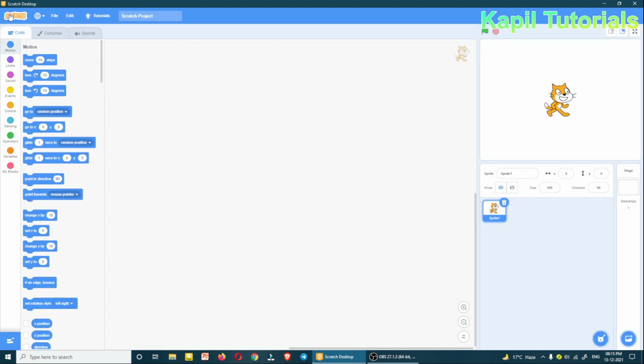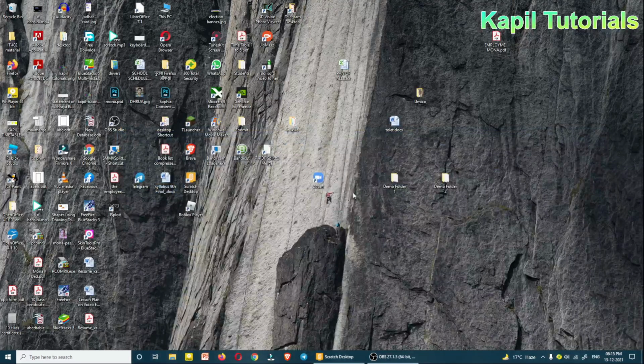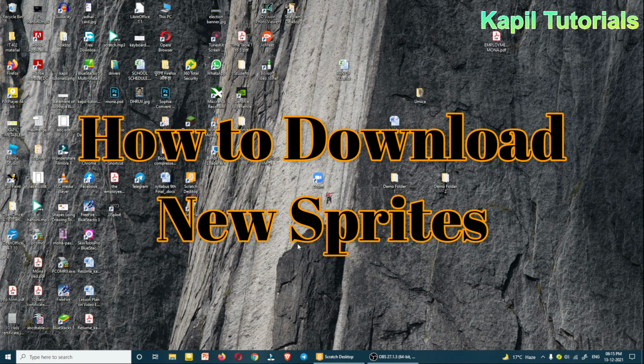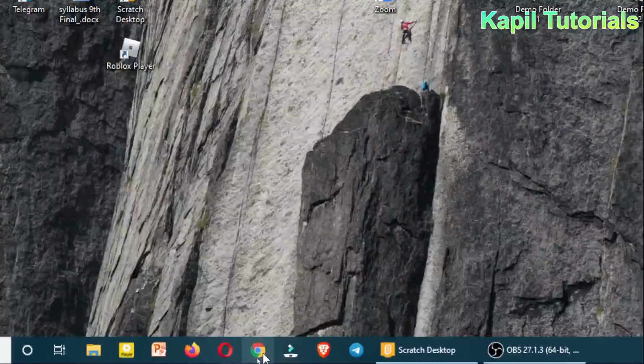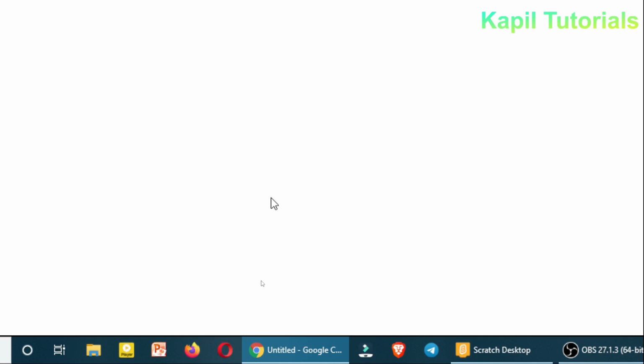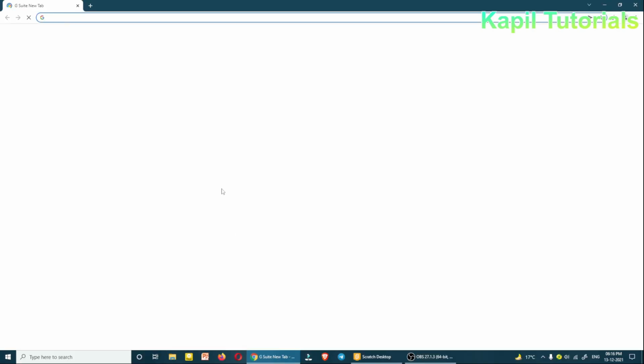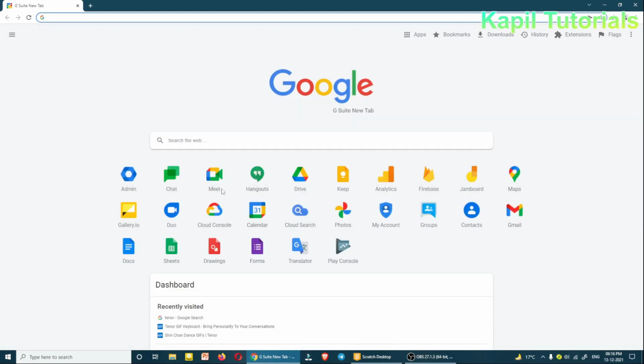So now in my first part, I'll just minimize my Scratch program and open my web browser. In this first part, I'll be explaining how to download a new sprite. So I'll be clicking on my web browser. Okay, so it's loading. You can use any web browser. I'm using Google Chrome and here I'll search